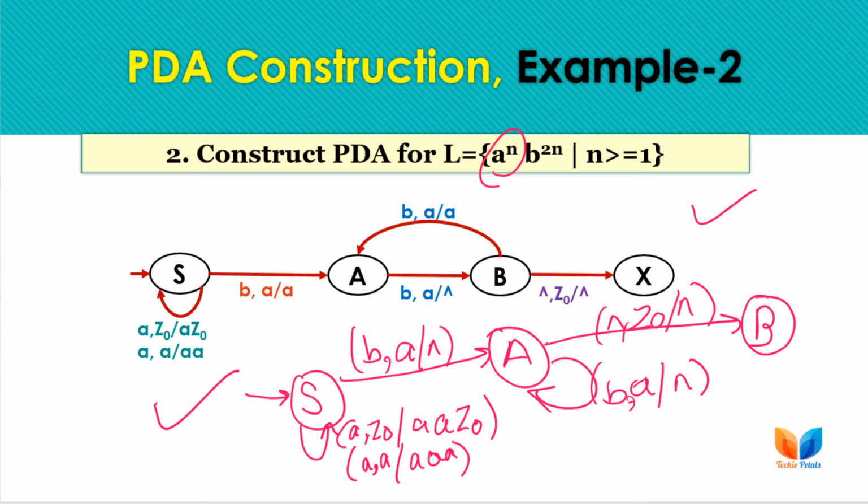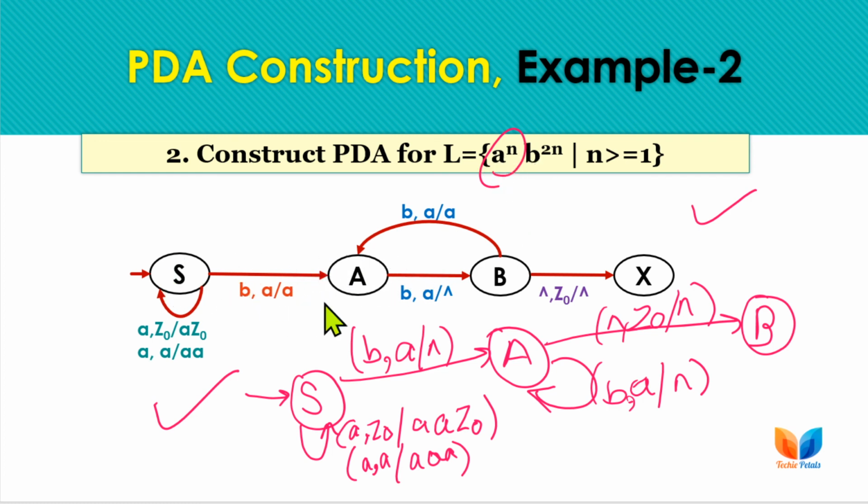If you have any other option, then you can also try to implement it, but here I have just these two options for this particular language. We have already discussed two options for the previous example also. So in this way we can solve the question with multiple options. So here we have just made it push the double number of A's onto the stack so that we can cancel out every B with every A. Okay, so we will be having the same number of A's and B's on the stack.